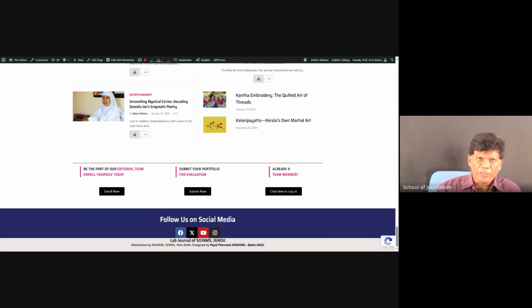But if you want to contribute as a student, you have to get involved in the team, right? Even for the student, the normal news writer also, you have to log in. You have to get the credentials. For credentials, you have to enroll yourself because we need to have your basic information. This is a Google form, and it takes time. You have to enter your details and upload the ID card, everything. Then I personally create the credentials and share them with you. So this is a little lengthy process.